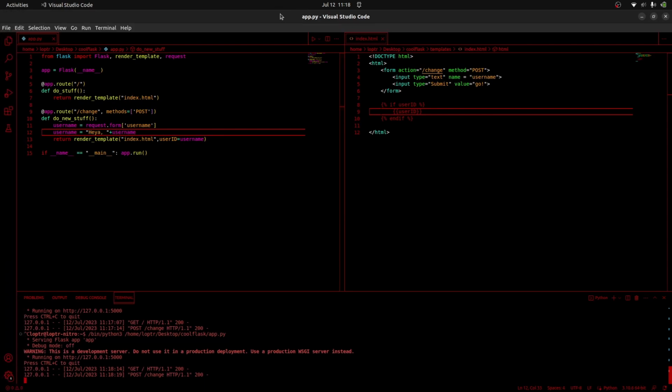We effectively took in username, right? And we edited it using Python, and then we threw it back to Jinja. Jinja grabbed it as user ID and displayed it. How cool is that? Now that is effectively everything you need to know in very simple terms about